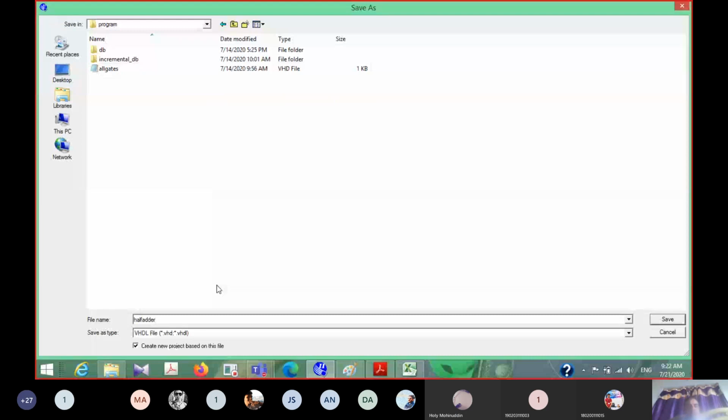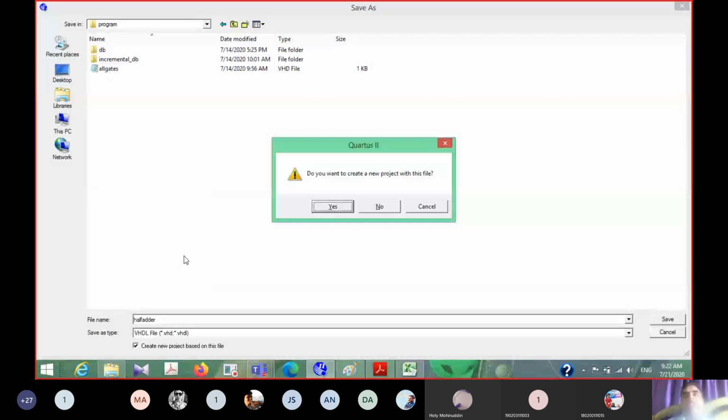We have given the entity name half_adder, so our VHDL file name must be the entity name. So it must be half_adder. Then enter. Here this half_adder is not linked with any project, so it will ask whether we want to create a project for this VHDL file.